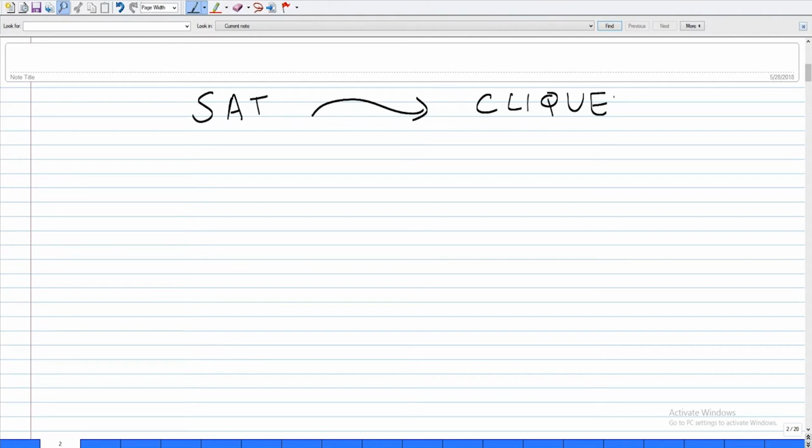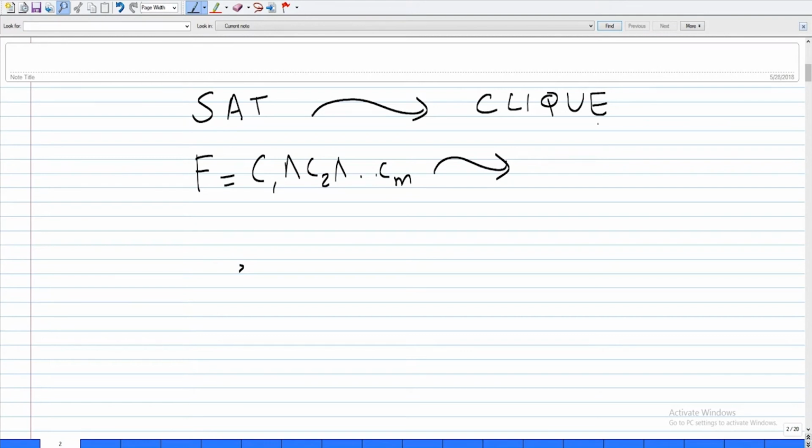So, how would you start? What is the f you are looking for? What should it do? What does it transform to what? Be careful. What to what? Look at my direction. Boolean formula to a graph. The direction of the reduction is very important. So, I want to take a formula here which is of this form,